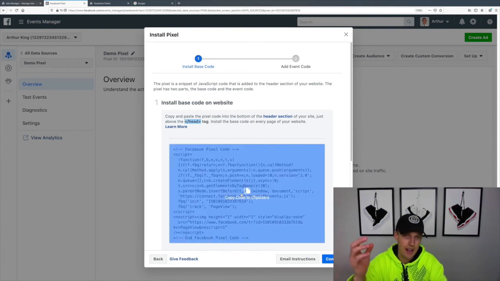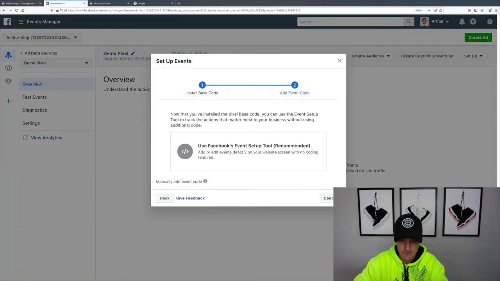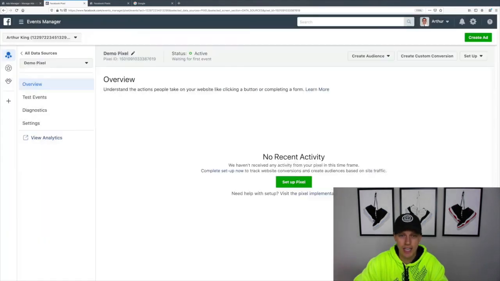All right, now if you don't know what that is and you don't know how to find that, whatever software or service you use, just reach out to their support and say, hey, I'm looking to add my Facebook pixel to the header section, and they'll be like, okay, yeah, no problem. They'll be able to direct you exactly how to do that. Okay, and then we just hit continue right here, and then for this one we're just gonna hit cancel right